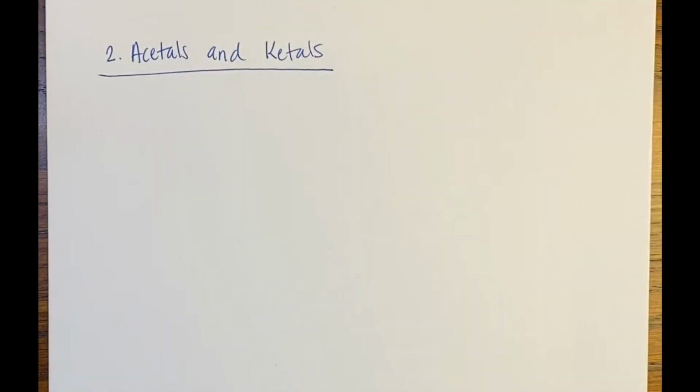The next reaction that we're going to talk about is the formation of acetals and ketals. Acetals and ketals are functional groups. An acetal is a functional group that's derived from an aldehyde, and so this is going to be where we have a carbon that's bonded to a carbon-containing group, a hydrogen, and two ethers, like the methoxy groups that we